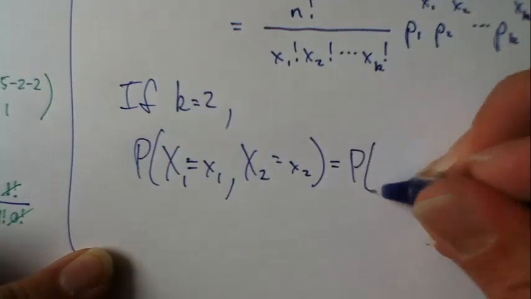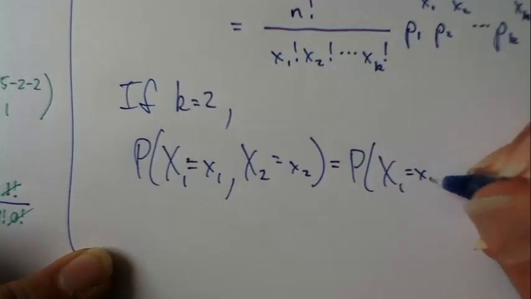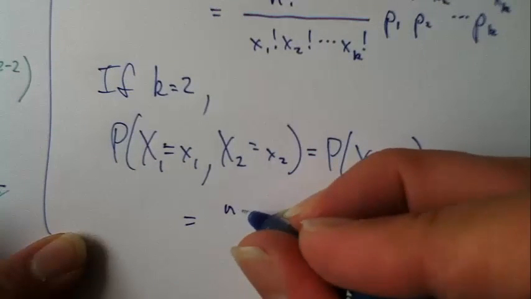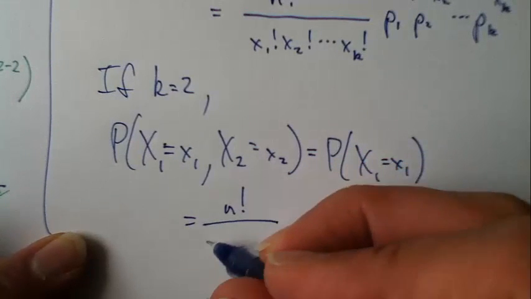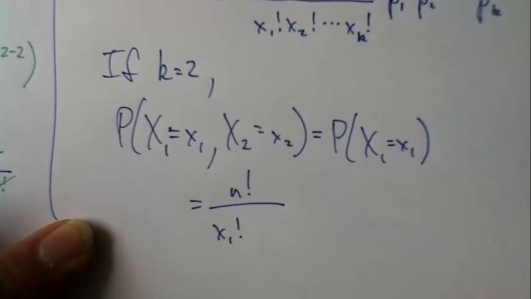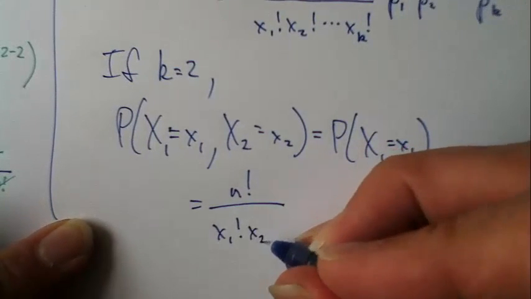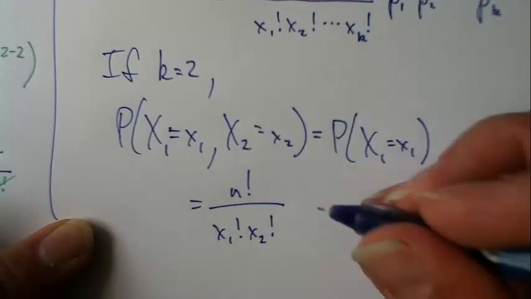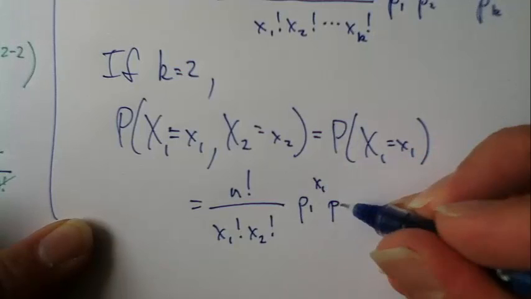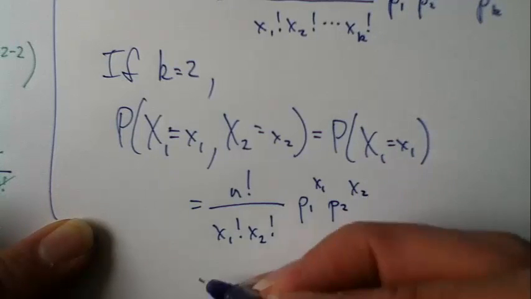This is just the probability that X1 equals x1, because you know the rest of them have to be of type 2, right? And so then this will be n factorial over x1 factorial times x2 factorial